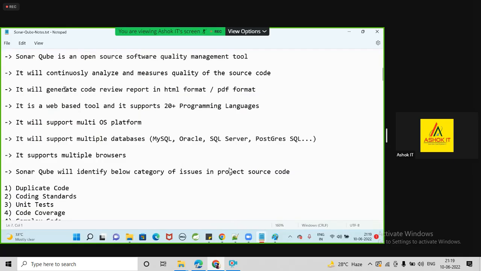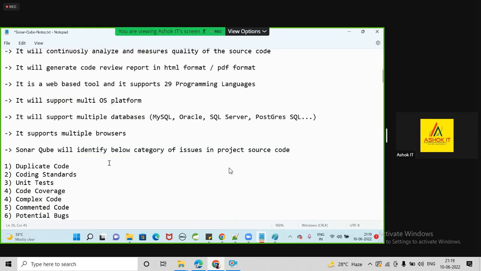It will generate a code review report. It is a web-based tool. It supports 29 programming languages. Let me correct it now. It is a multi-OS platform. It supports multiple databases. It supports multiple browsers. When we do the code review, when you do the code quality check by using SonarQube,